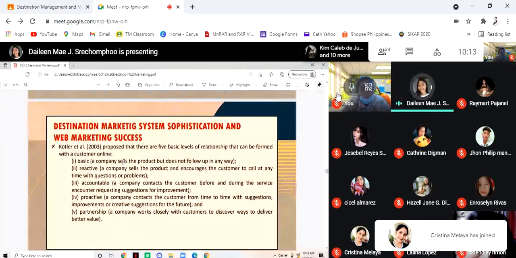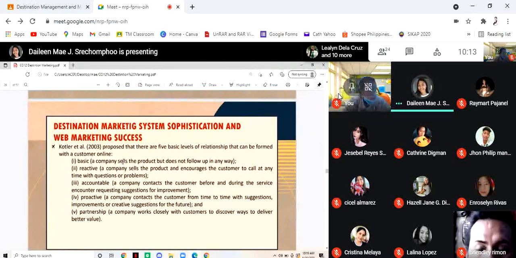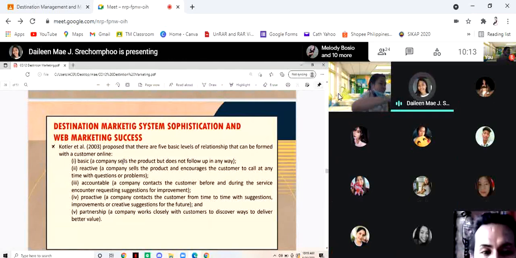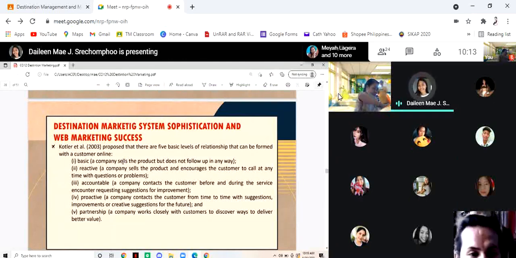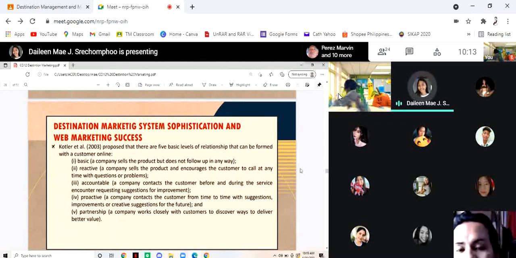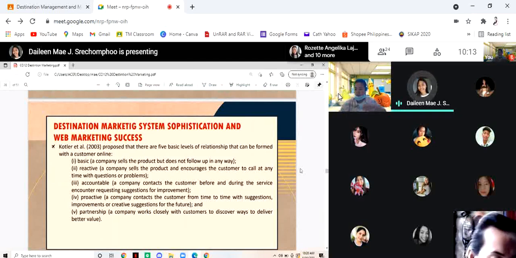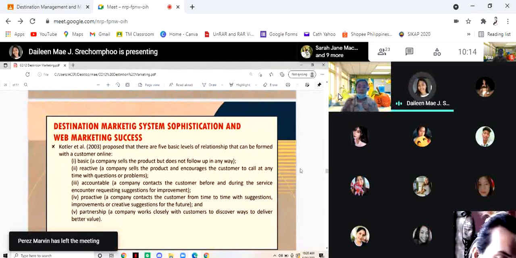Butler et al. proposed that there are 5 basic levels of relationship that can be formed with a customer online. Basic, which means a company sells the product but does not allow follow-up in any way. So, yung basic ay parang one-way transaction lang. Bibili ka lang tapos wala nang communication na magaganap. Reactive, a company sells the product and encourages the customer to call at any time with questions or problems. Dito naman sa reactive, pangalawang